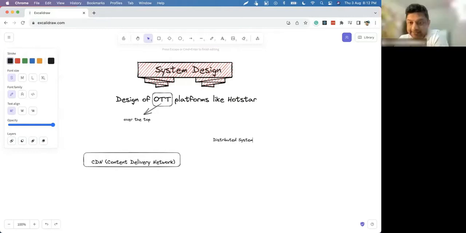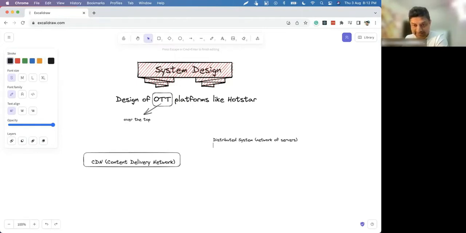CDN is a distributed system, or you can say it is a network of servers, different kinds of servers. When you say distributed system, it could be a network of different kinds of servers or a network of the same kind of servers.